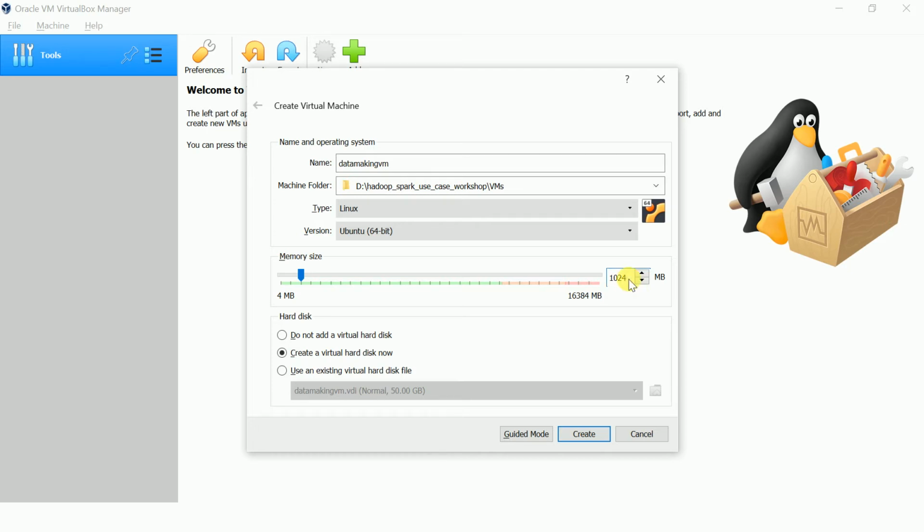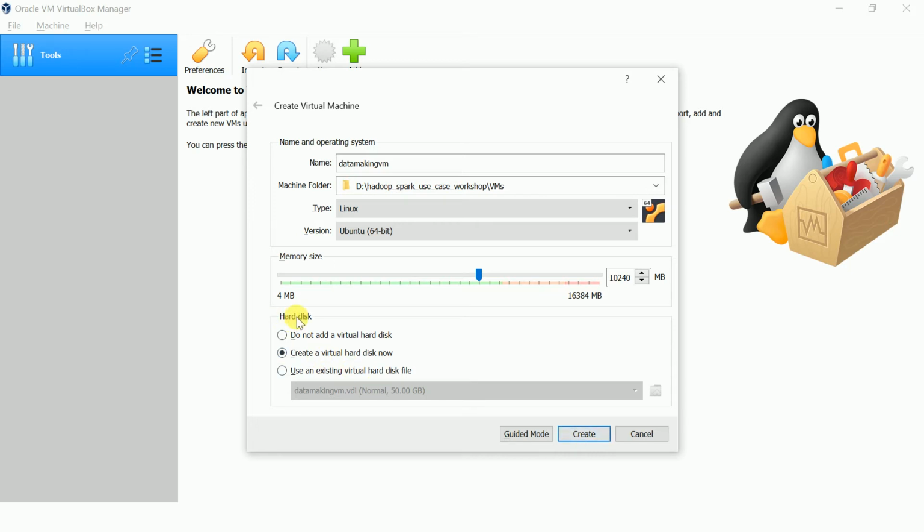Because I have 16 GB, I'll start with 10 GB. If you have 8 GB of RAM on your laptop or desktop, at least give 4 or 5 GB so that your VM will not hang. I'll give 10 GB and click on Create.